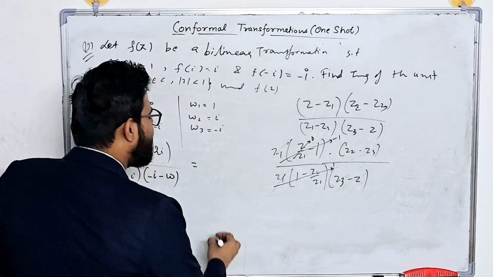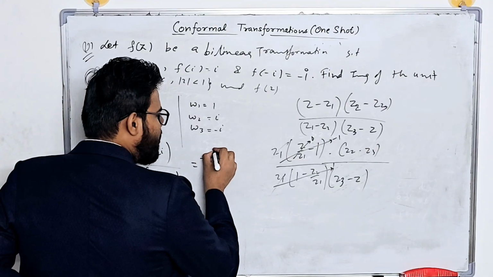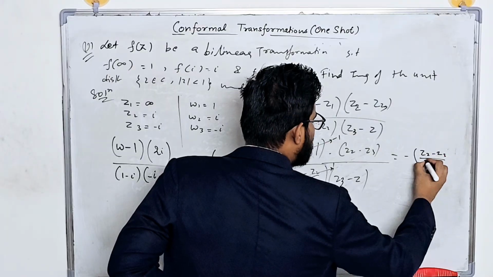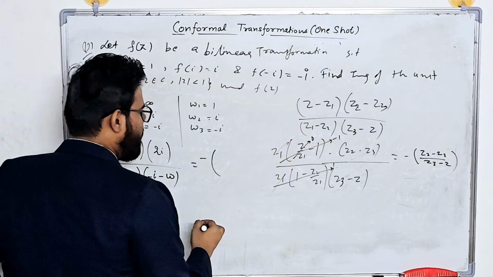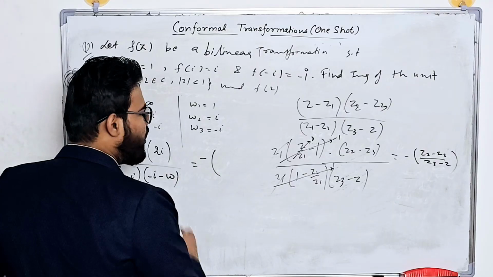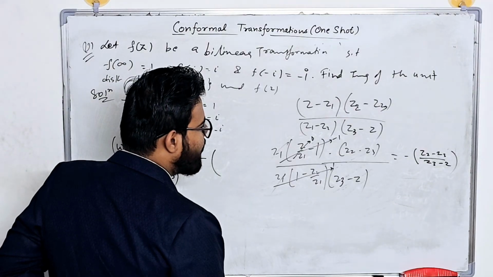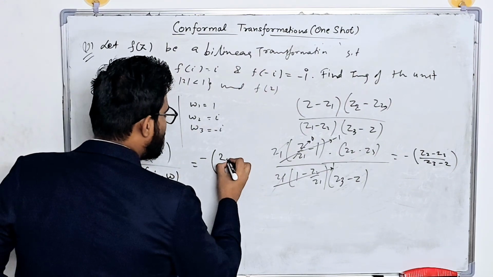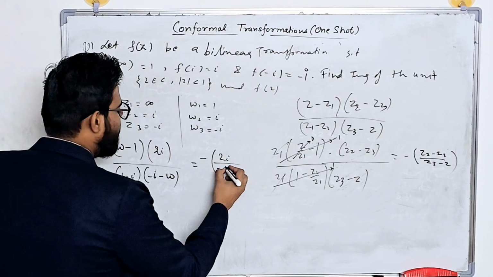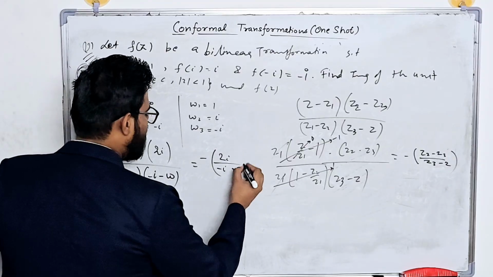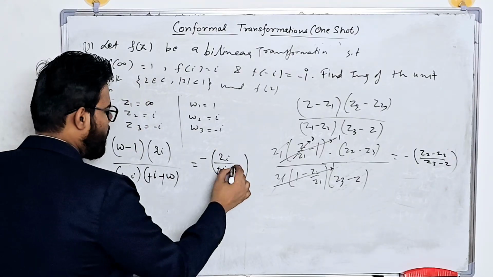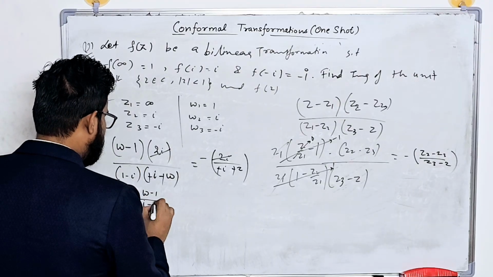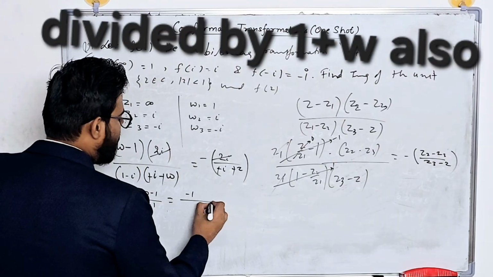Okay, so we have to just evaluate negative of the quantity z2 minus z3 divided by z3 minus z, right? So we will get from here negative z2 minus z3. What is z2? z2 is equal to this and this, so it is 2i divided by the quantity z3 minus the quantity z. So this will become positive and this gets cancelled. So we have w minus 1 divided by i minus 1 is equal to the quantity 1 upon negative 1 upon